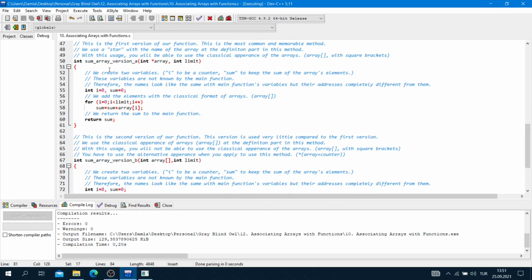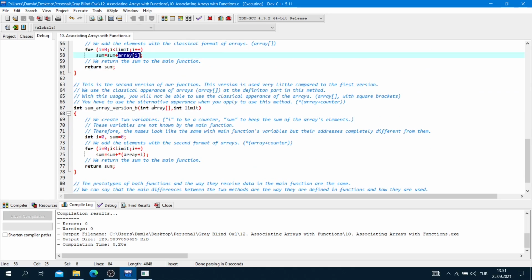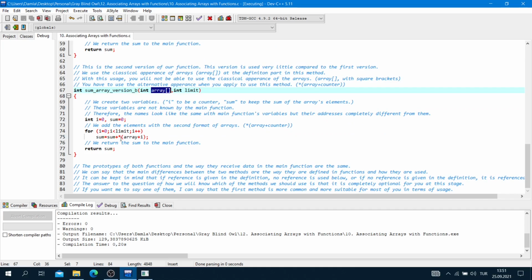Okay, if we define like that, integer pointer array, reference array, we have to use our classical usage, array I. This is legal. But if we want to use the classical usage in the definition part of our function, like that, array the square brackets, we have to use the alternative usage in this function, like that, reference, the brackets and array plus our index.